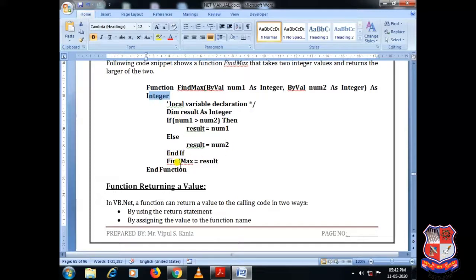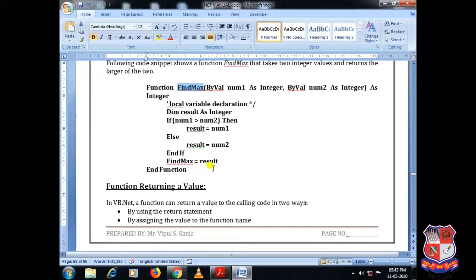And FindMax equals result. One thing we need to remember over here, if we are not writing return statement at the end of function, what can happen? If you assign the value to be returned in a variable with the same name as the name of your function, then you don't need to write a return statement.